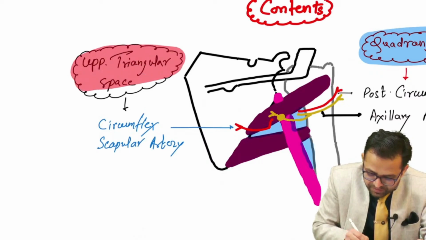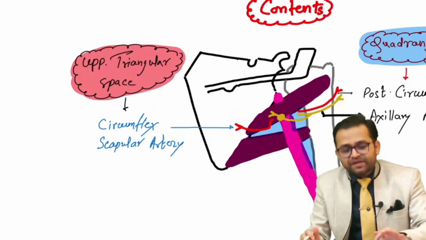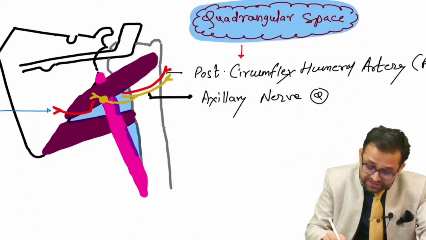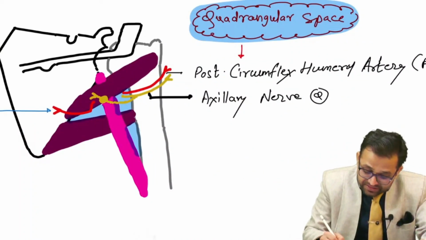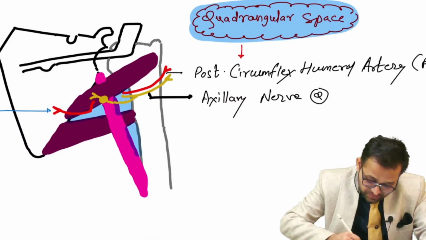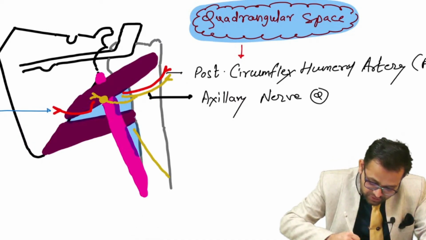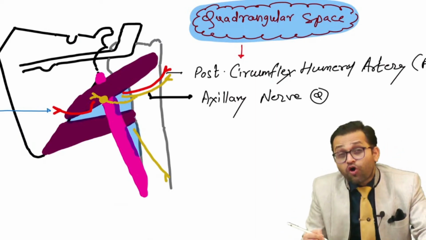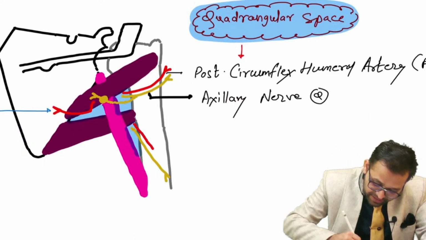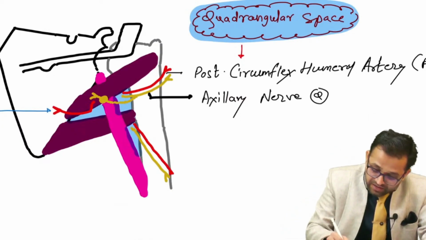ओके सर, सो सिंपल। अब हम इसको भूलेंगे नहीं, थोड़ी सी प्रैक्टिस बस हमको करनी है। नाउ व्हाट इज द कंटेंट ऑफ द लोअर ट्रायंगुलर स्पेस सर, वी हैड सीन देयर इज द वेरी वेरी इंपॉर्टेंट कंटेंट, दैट इज आवर रेडियल नर्व। तो बेटा आपको यहाँ पर क्या करना है, स्पाइरल ग्रूव में रेडियल नर्व बनाना है। Along with it there is the one artery, which artery, yes, a deep branch of the brachial artery, that is a profunda brachii artery।